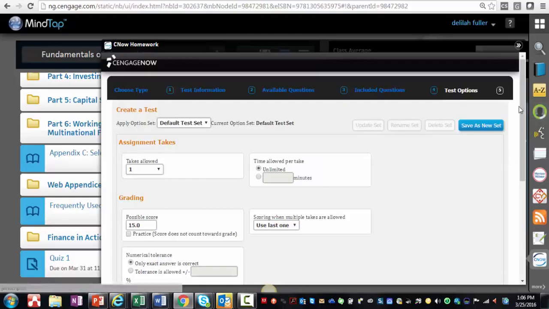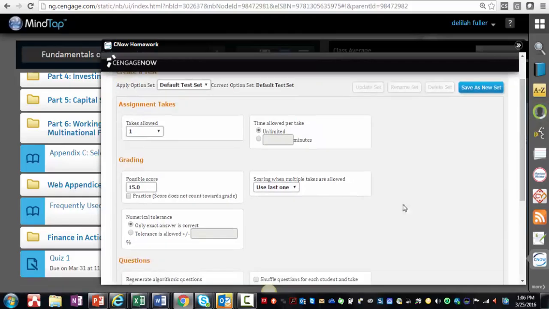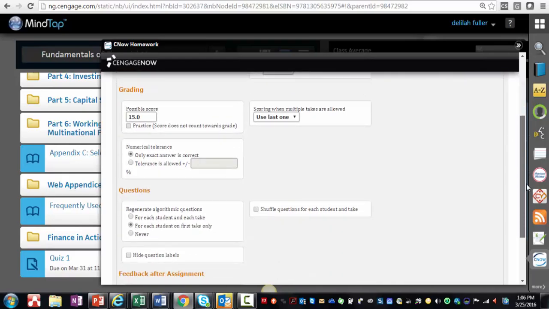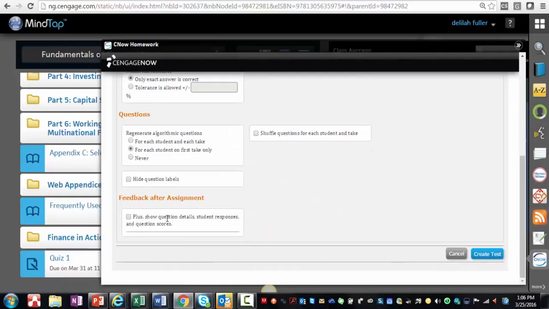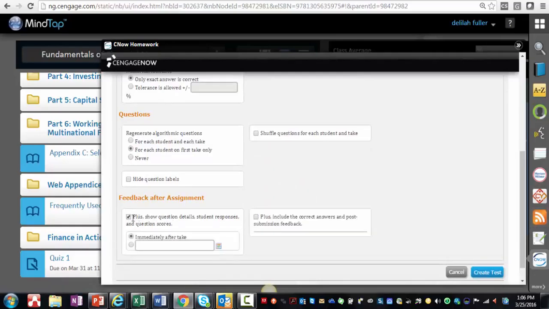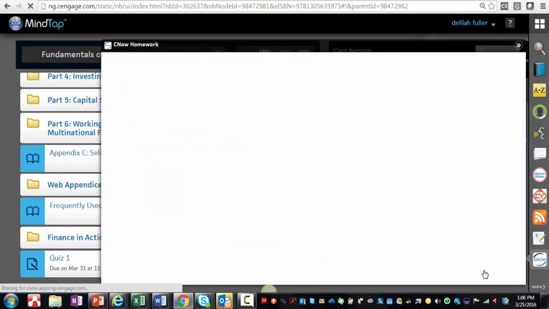And this is where you can choose your settings. You indicated that you wanted the students to take or submit the assignment once. We left all other settings the same, and then at the very bottom we just checked this option to show them the student details and the correct answers. Now I'm ready to click create test,